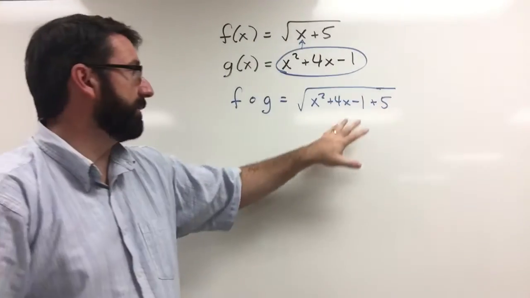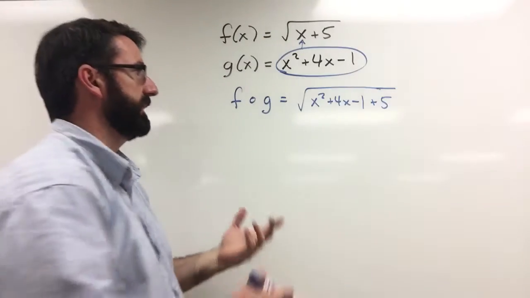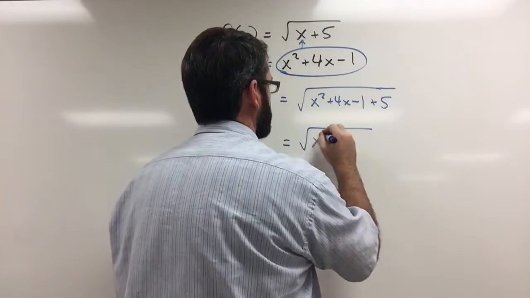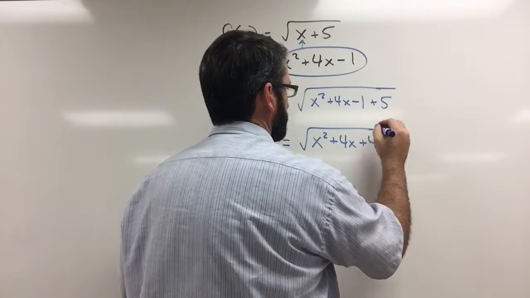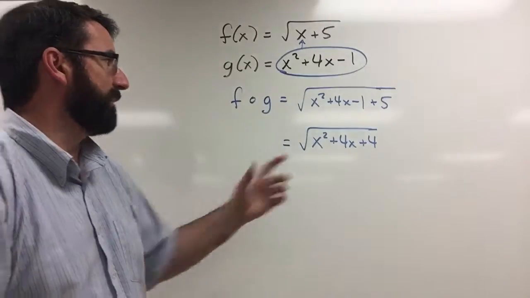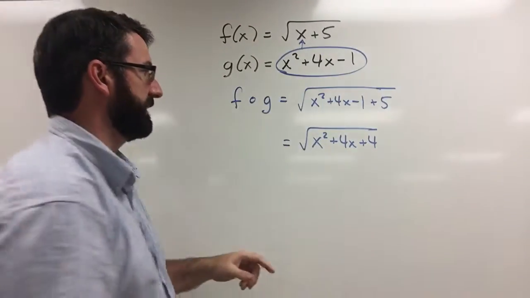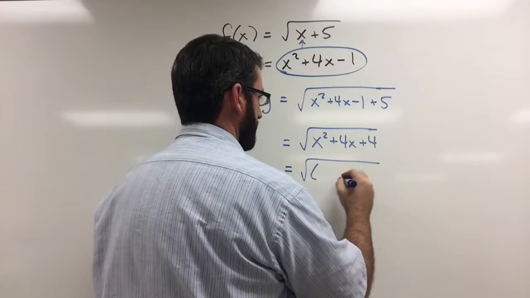All right, now notice that we've got some like terms that we can combine here. -1 plus 5 is 4. So this is the square root of x squared plus 4x plus 4. Now we may be able to simplify this some, so let's try factoring that trinomial there. If we factored that,